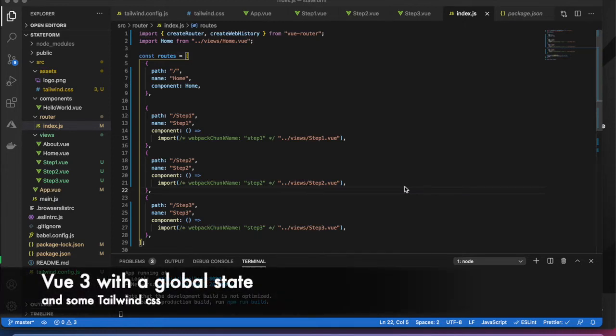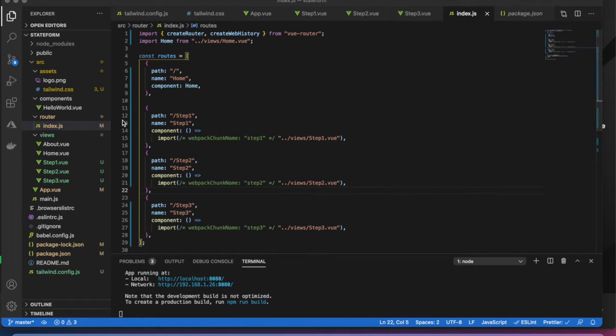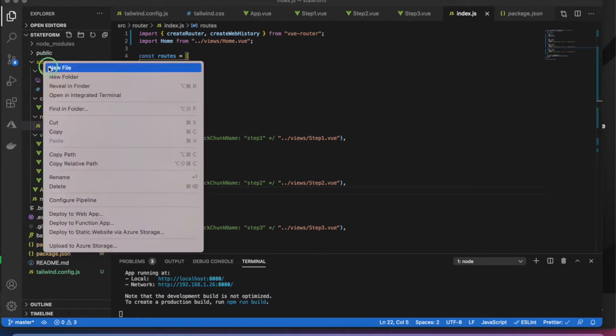So we have those basics set up, and now what we're going to do is set up our global state. And again, because we're using Vue 3, you could set up state very similar to how you might set it up if you were using React, or if you're familiar with React hooks. We're going to go into our source folder, and I'm going to create